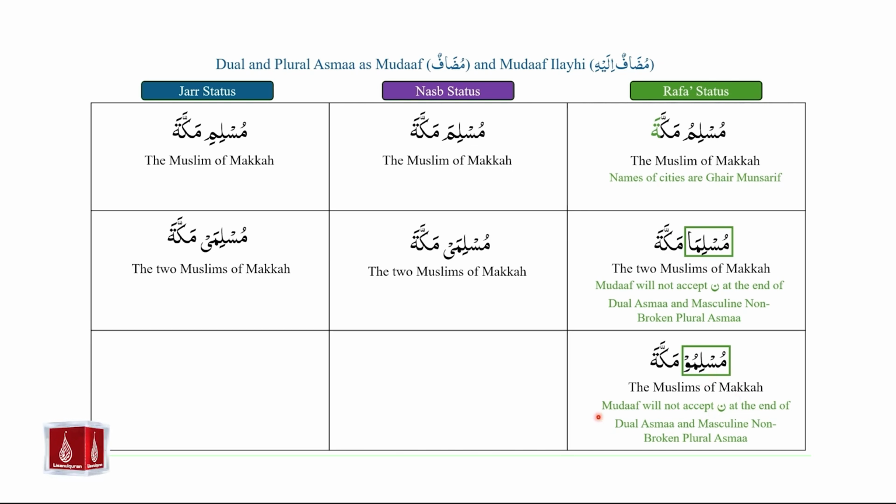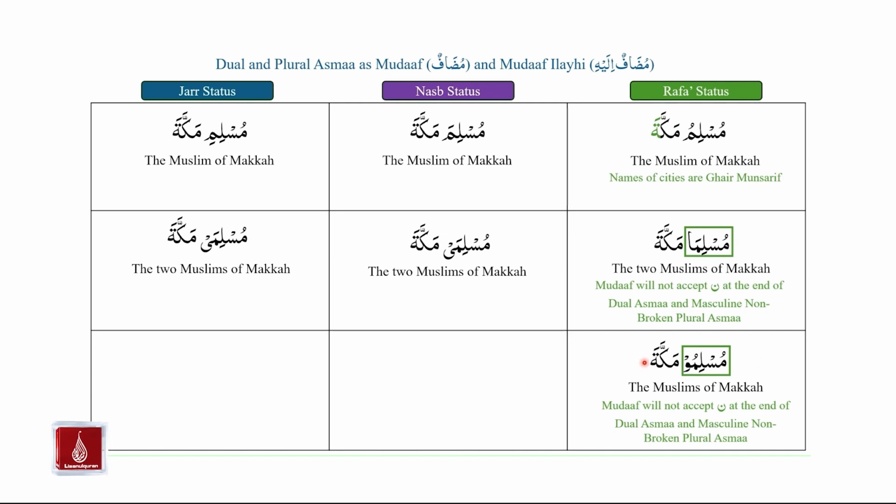Once again, mudaf will not accept noon at the end of dual asma and at the end of masculine non-broken plural asma. Muslimu used to be Muslimuna, which is a masculine non-broken plural. But because Muslimuna needed to be used as a mudaf, we removed the noon at the end of Muslimuna and it became Muslimu Makkata. Muslimu Makkata is marfu because the mudaf Muslimu is marfu, because it is derived from Muslimuna, which indicates the Rafa